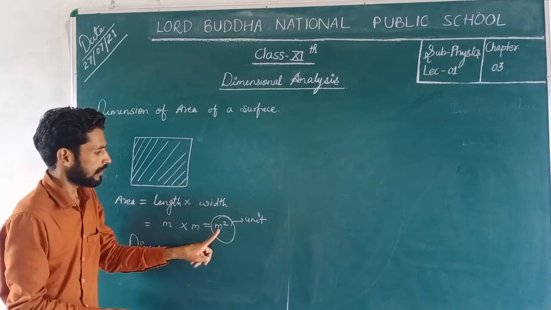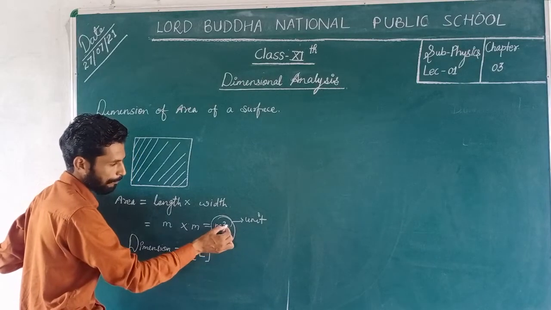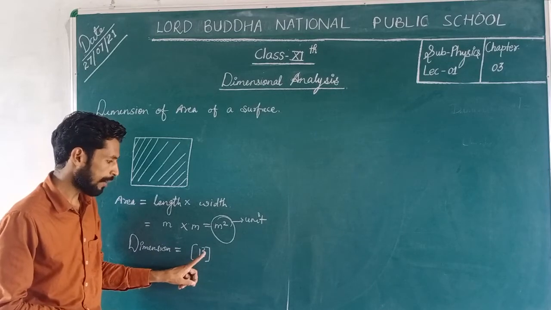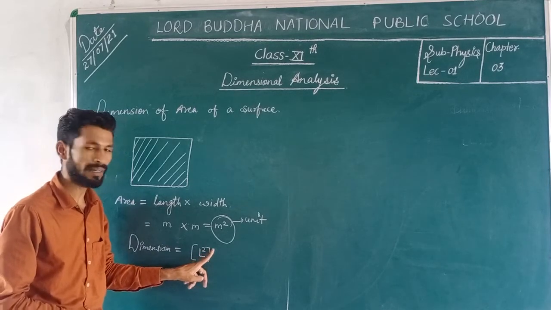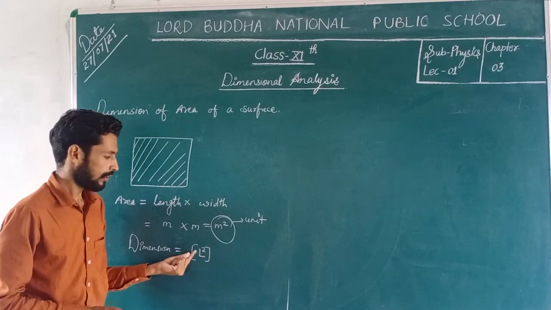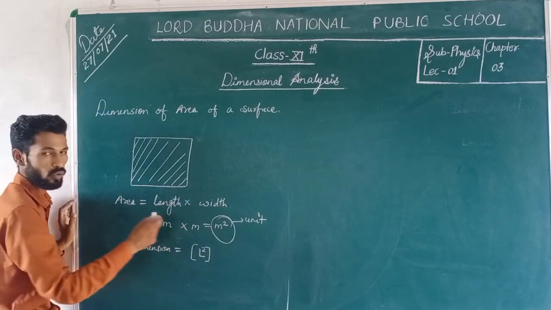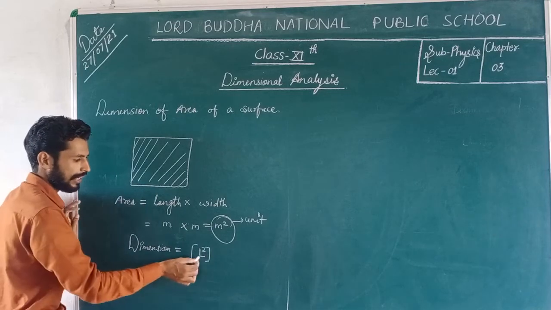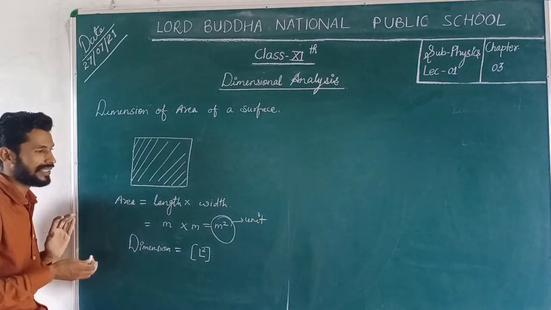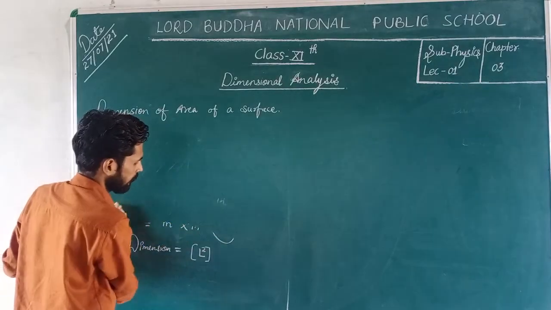equals to the unit of length that will be represented by L, and here is the power, so take the power. Remember that पावर को हमेशा इस लेटर के साथ लेंगे, आउटसाइड द ब्रैकेट कभी नहीं राइट करना है. सो ऑलवेज टेक द पावर विद द लेटर, नॉट आउटसाइड द ब्रैकेट. ओके, सो द डायमेंशन ऑफ एरिया दैट इज L स्क्वायर, एंड we can say L power 2. Okay, this is the method to find the dimension of any unit, and you can say any physical quantity.